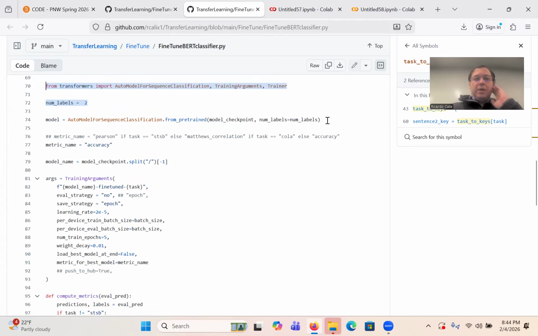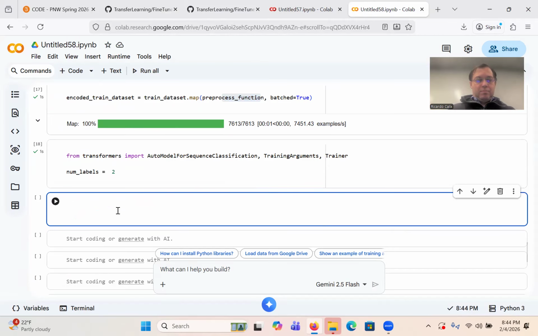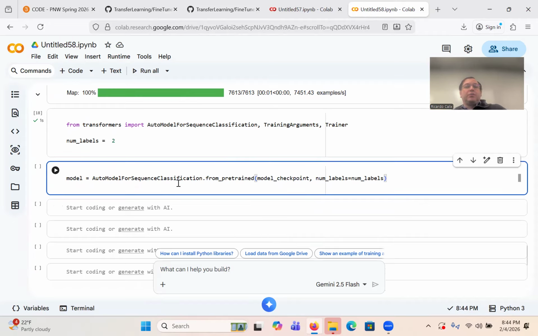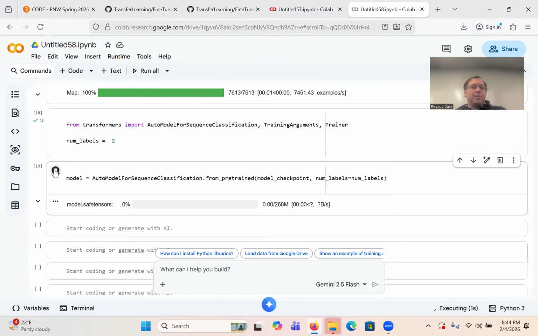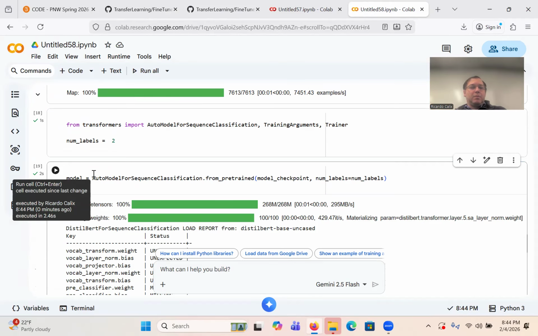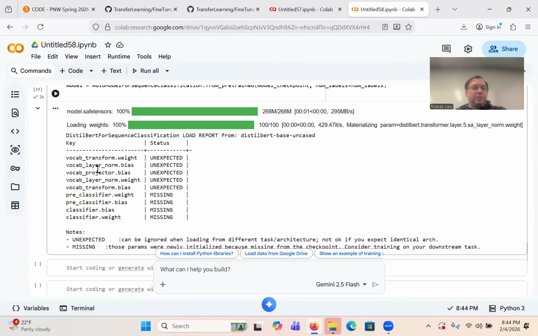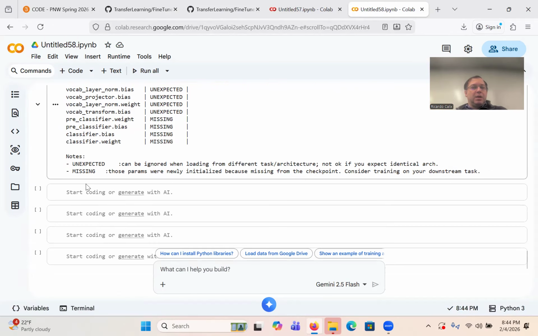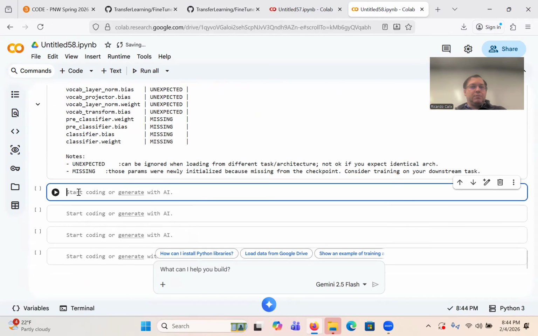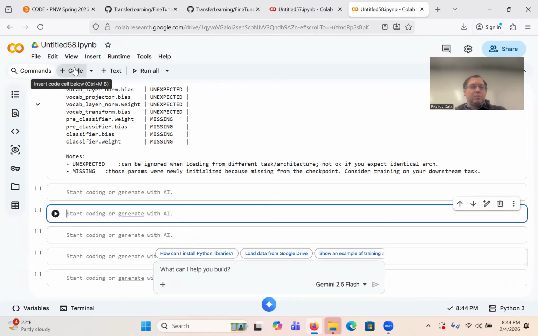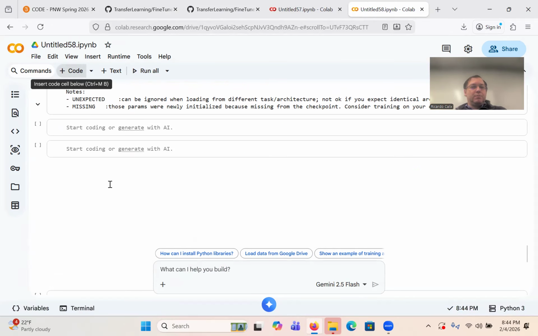All right, so here now we create the model. AutoModelForSequenceClassification from_pretrained, model checkpoint, DistilBERT, and then we have two labels. That brings in the pre-trained BERTs.